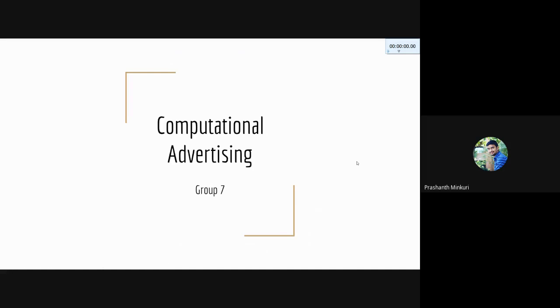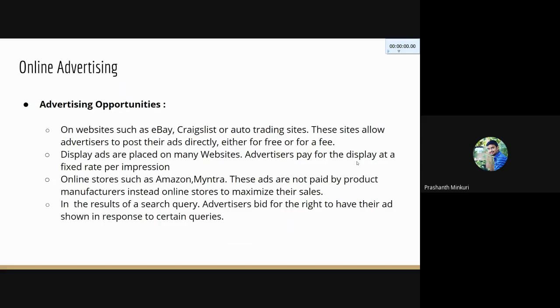Our topic for today is computational advertising. So I will be talking about the introduction and the problems involved in online advertising. Since the start of the internet age, advertising has become an important role in different areas. So I would like to talk about different opportunities for advertisers to show their ads on different platforms such as eBay, Craigslist, which is a famous online classified website and auto trading site, displaying ads on different websites